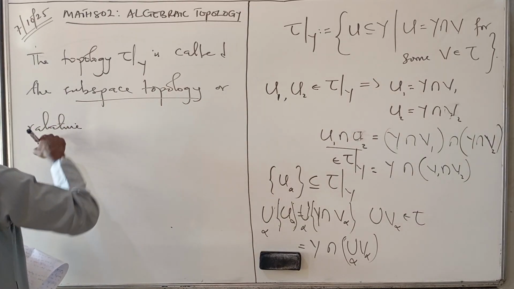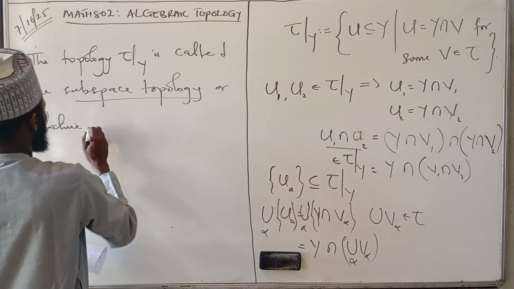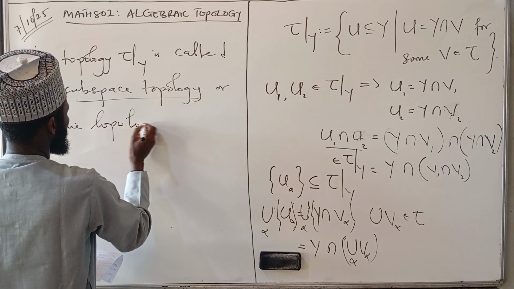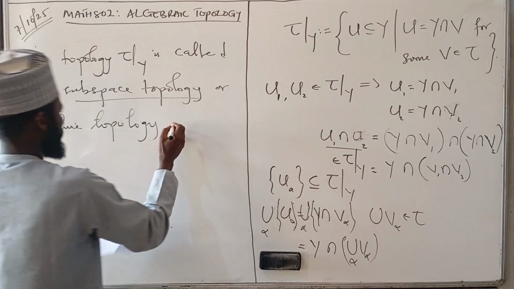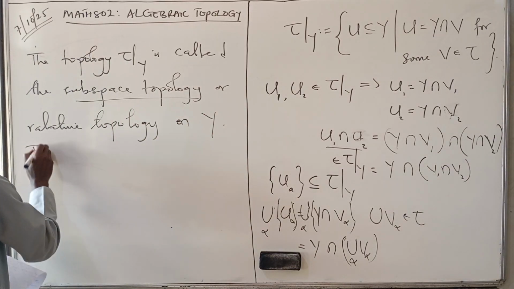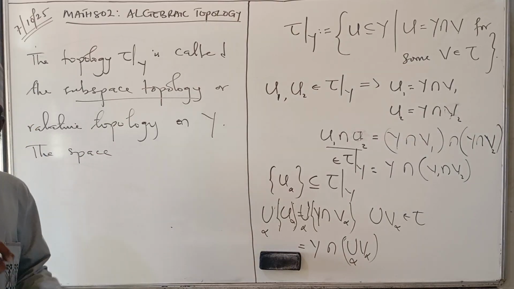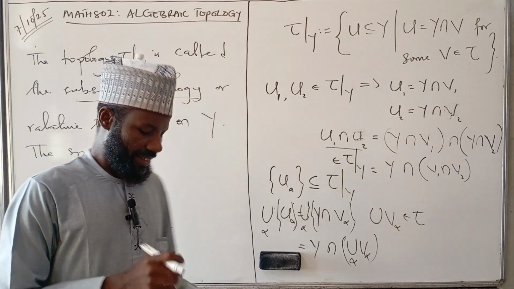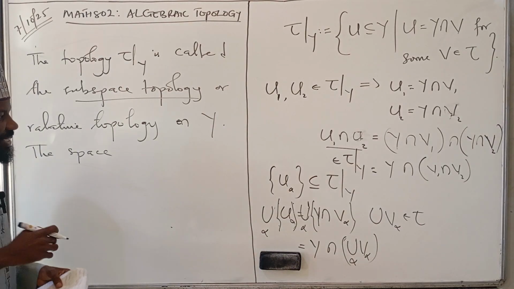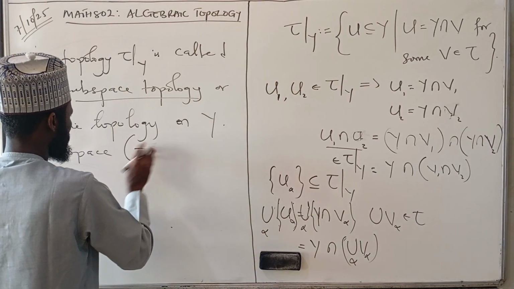That is the topology relative to the subspace, the subset, on Y. And the space. So which means we create a new space out of an existing one. Okay, and it's actually a new space. I will show you why it is a new space, because